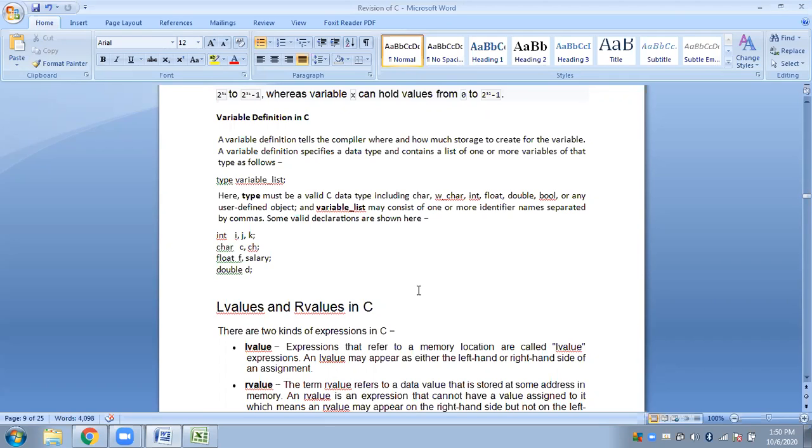If you remember, we went through constants, we have gone through variables, we even did a brush up just now. Then we have gone through the basic data types. Now since we know all of this, let's see how we can declare variables. A variable definition tells the compiler where and how much storage to create for the variable. I've already told you about this. We will be using variables to store values, but ultimately the variables are referring to some memory location.